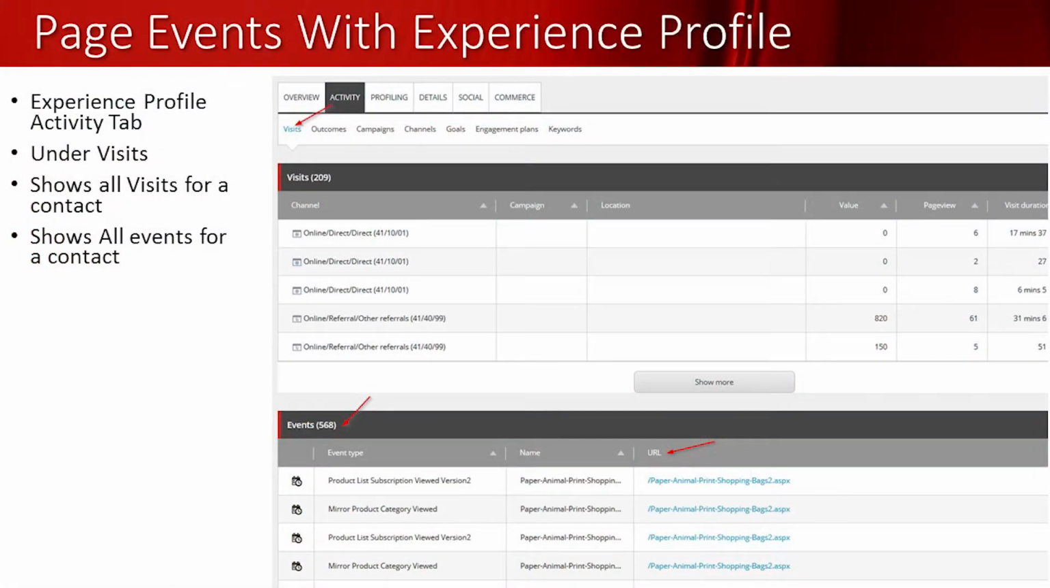This is an example of an experience profile. I took the bottom section as a screenshot. It kind of shows the activity tab here. And under visits, this shows a list of visits and then a list of events. So these are all the events that a user can trigger. This is kind of my test account that I play around with. And so far, during the lifetime of this website, I've triggered 568 events